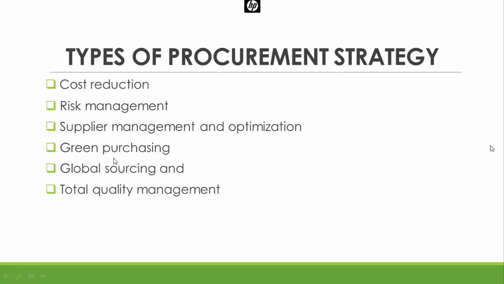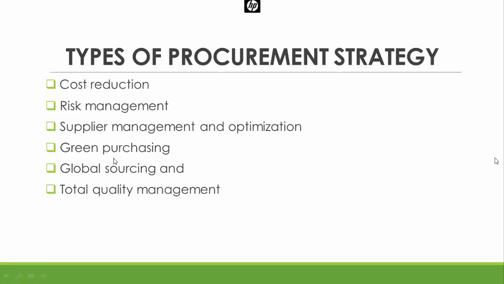Global sourcing is a procurement strategy in which a business buys goods and service from international markets across geopolitical boundaries to save money by using cheap raw materials or labor from low-cost countries. This is a business where they buy goods and service from international markets to save money.